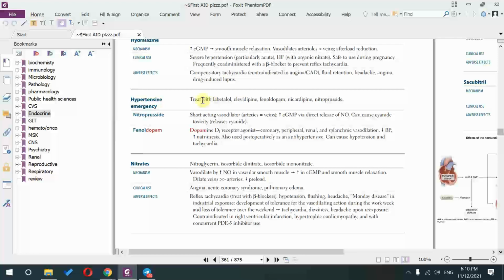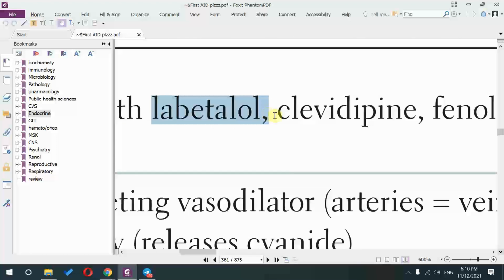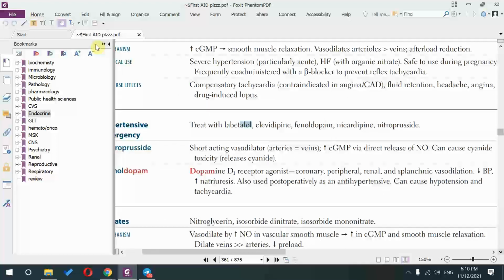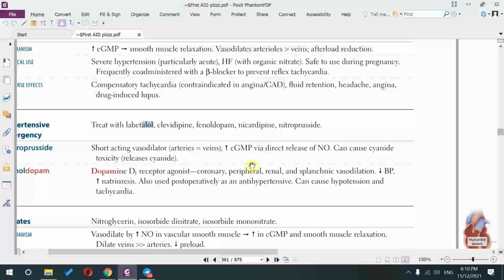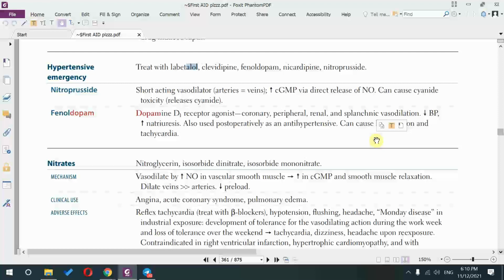Keep in mind that the treatment includes labetalol. Be careful, it's an -alol, so that means that it is different. It works on both alpha receptor and beta receptor. And if you remember the clever card, which were calcium channel blockers, clevidipine and nicardipine, clever card, and fenoldopam, and lastly nitroprusside. Keep in mind that nitroprusside, as I showed you yesterday, had 5 cyanide molecules,